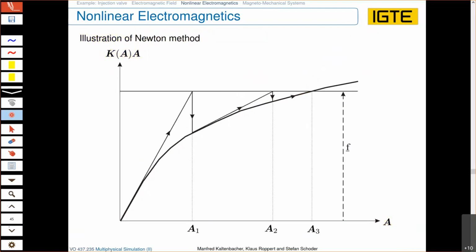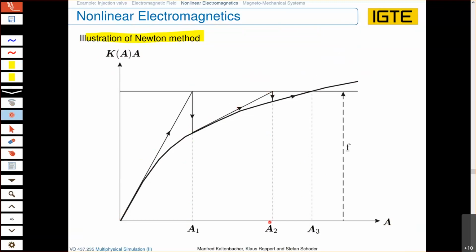On the other hand, in the Newton method, we know we go along the tangential direction. That is why we have to compute this Fréchet derivative. And as you can see here, we go along the tangential direction and get our first solution. At this point, due to setting up the tangential stiffness matrix, we go along the tangent of this nonlinear curve, and we come up to the second